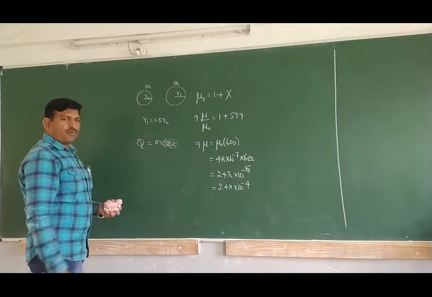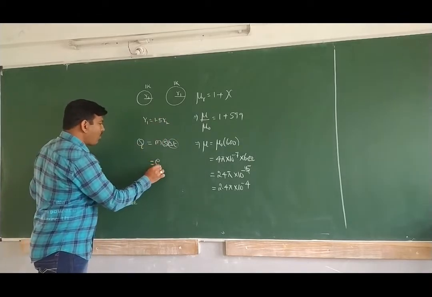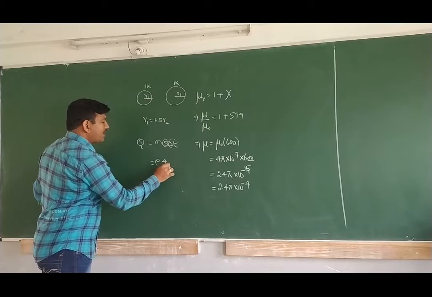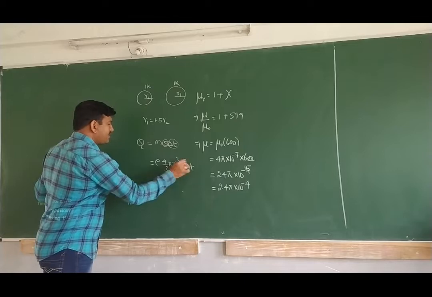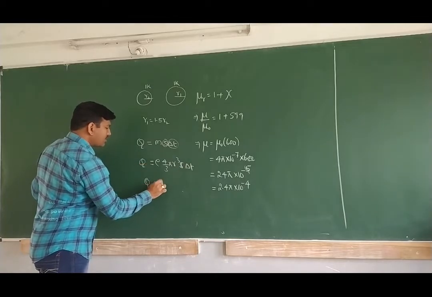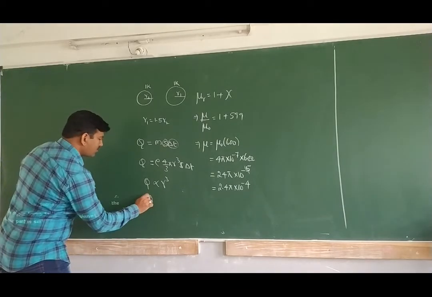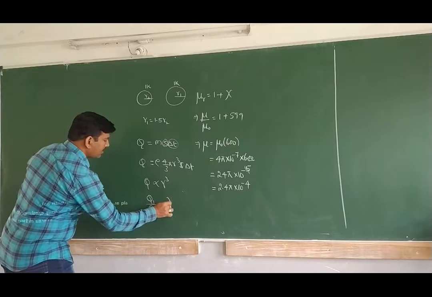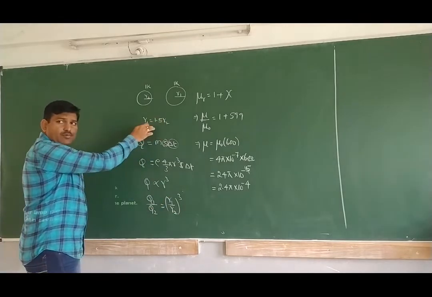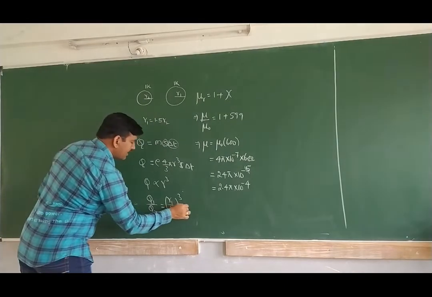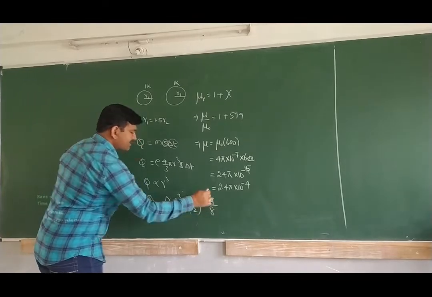So the amount of heat required depends upon the mass of the material. But mass is equal to what? Mass is equal to density into volume. So density into volume of the sphere, which is 4 by 3 pi R cube is the formula, into s into delta T. So if I see this formula, Q is proportional to R cube. So the amount of heat supplied is directly proportional to radius cube. So Q1 by Q2 is equal to R1 by R2 whole cube. R1 by R2 is equal to 1.5, and 1.5 is 3 by 2. So I can write it as 3 by 2 whole cube. 3 by 2 whole cube is 27 divided by 8, the answer.